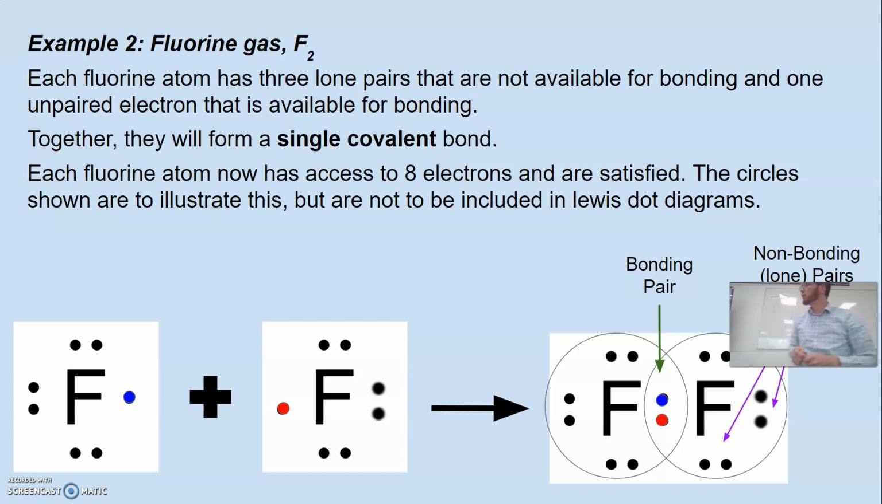Second example, fluorine. 7 electrons in the outer shell, wants 1. What do we notice? I'm going to move the